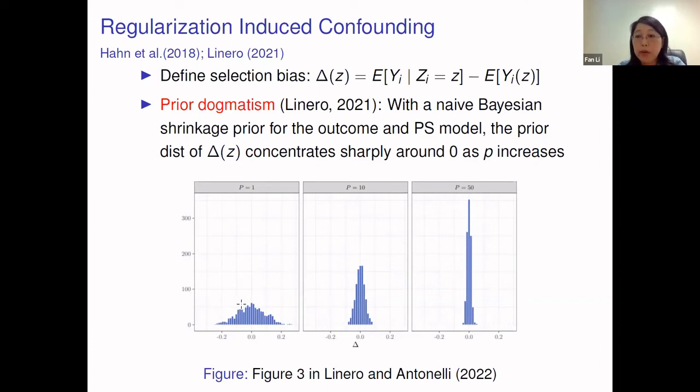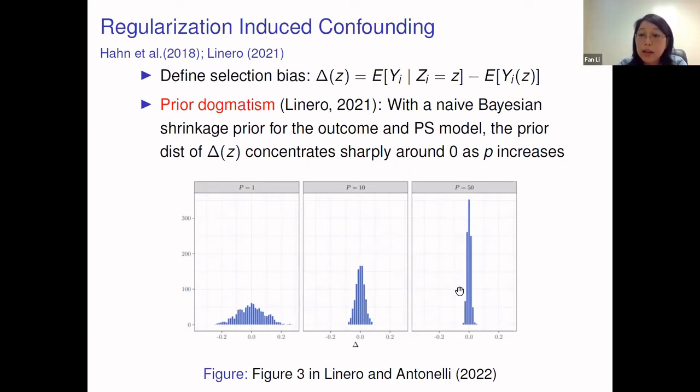The point is that if you are assuming a priori independence between the treatment, the outcome model and the propensity score model, then he showed that if you use this prior naively, as the dimension increases, this selection bias will sharply become more and more concentrated around 0. In other words, using those naive priors without doing any other things,